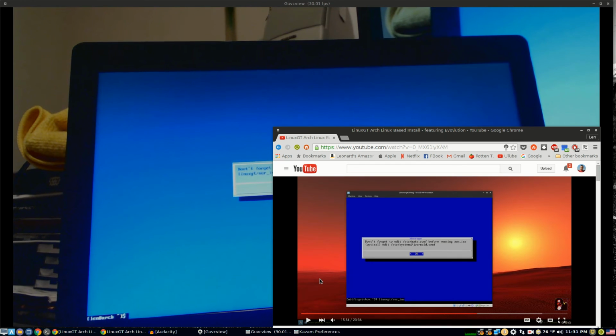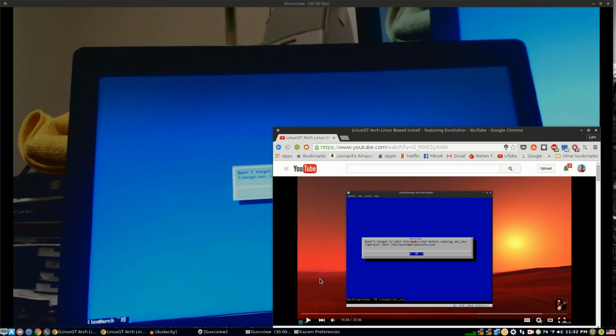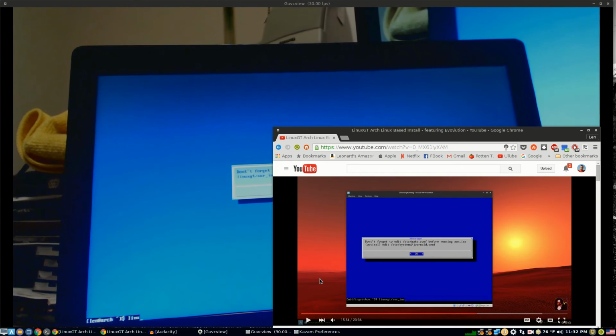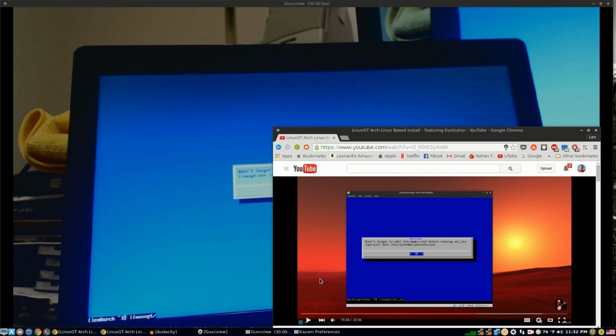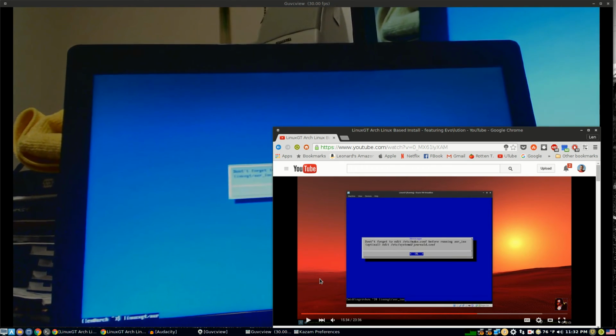Okay guys, so when you get to this prompt, after you've clicked on OK, do not reboot. You're going to run one more command, and you're going to type in LinuxGT/AUR